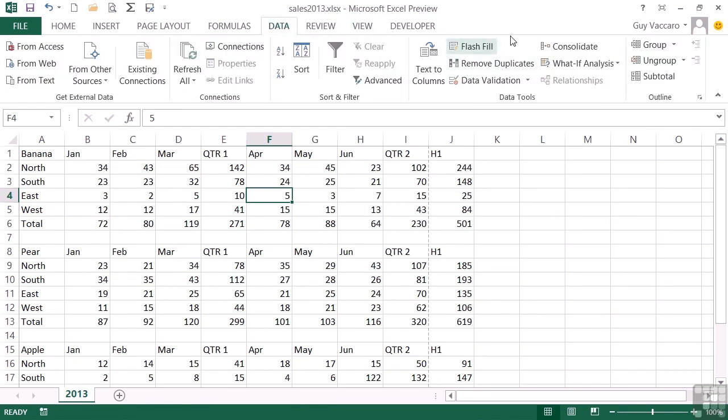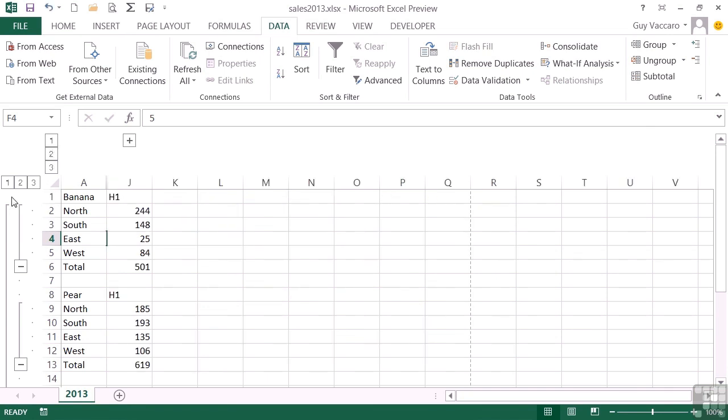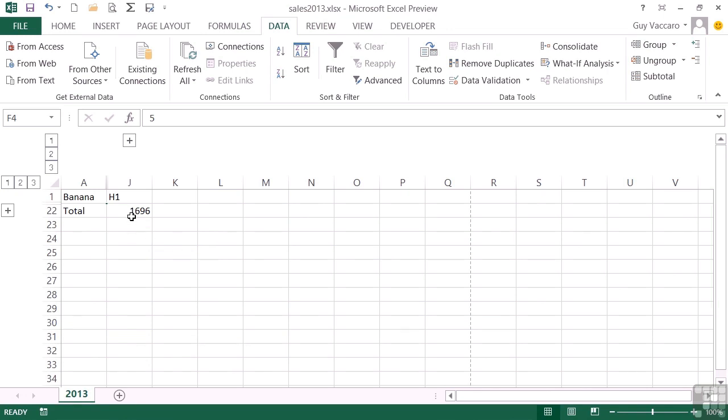If we then go to the data ribbon and bring in auto outlining, you can see that puts our little expansion and contraction marks. And we could sort of contract all the way to 1 and 1, which just gives us our H1 grand total. Now, as well as the custom view having the ability to save this view, it can save it without these